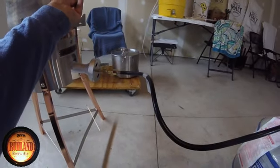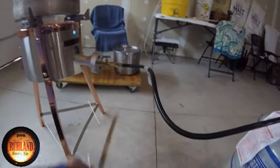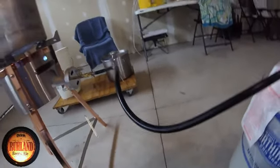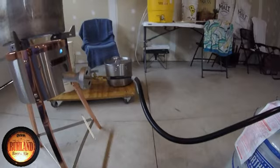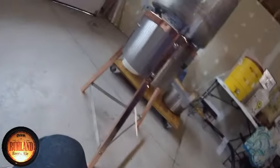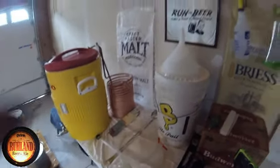I'm just going to light it right from the top here. There we go. We're lit. And we're cooking. I'm going to leave the flame at a decent rate here so that we're not overflowing. And I get the cover off. Oh yeah, I'm happy with that already. We'll get our gauge